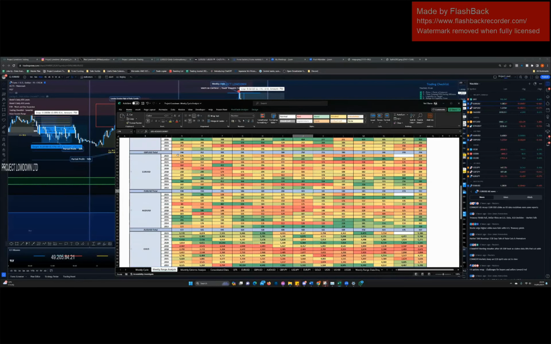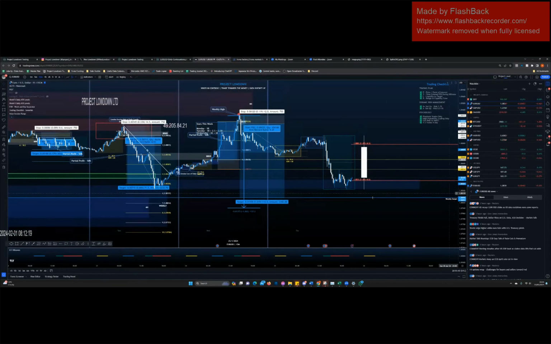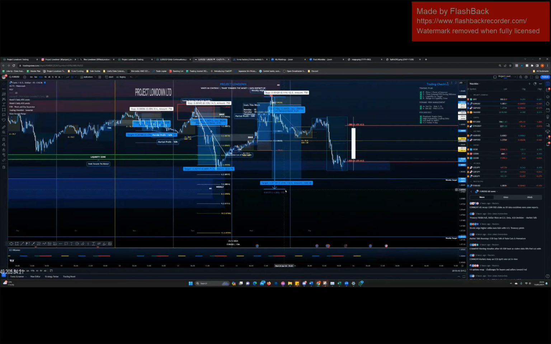Where is it? 198 in 2023, 176 in 2022, 179, right? So let's just be conservative and say 150, 160. Just look for something that aligns with the PA. So